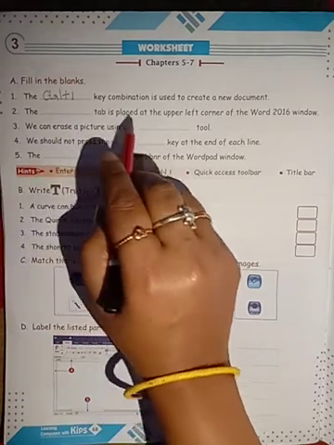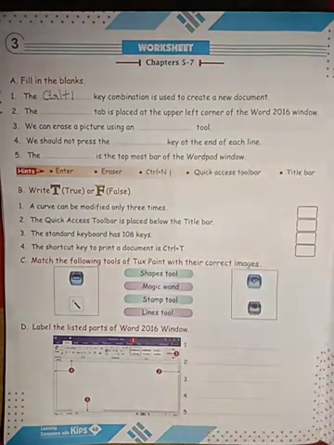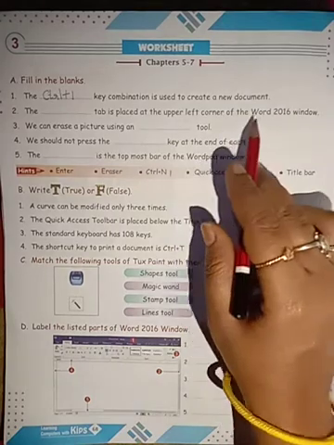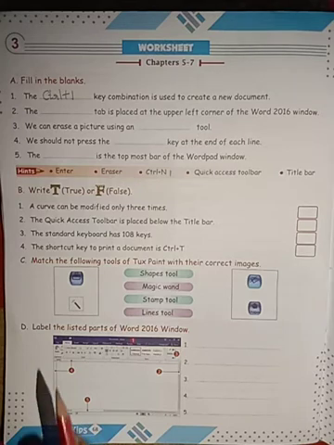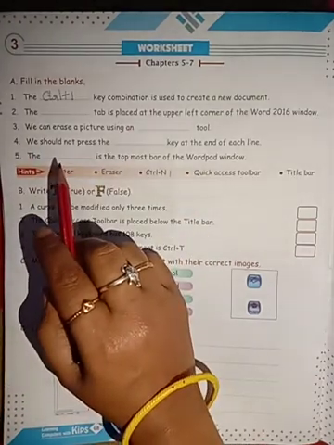The dash tab is placed at the upper left corner of the Word 2016 window. There is a tab which is placed at the upper left corner of the Word window. When you learn the interface of MS Word, you will come to know about this. You have already learned it. Which is that tab at the top left corner?